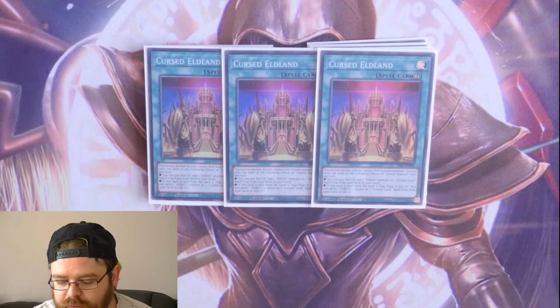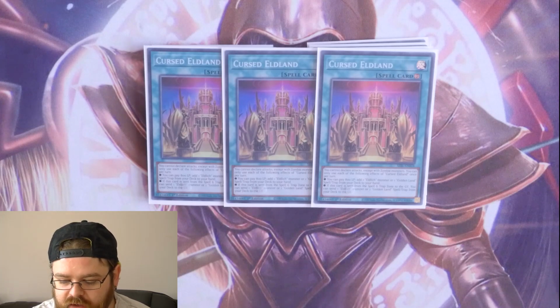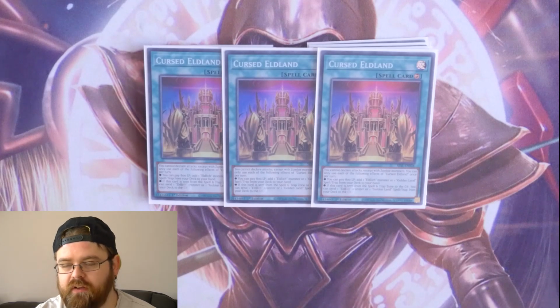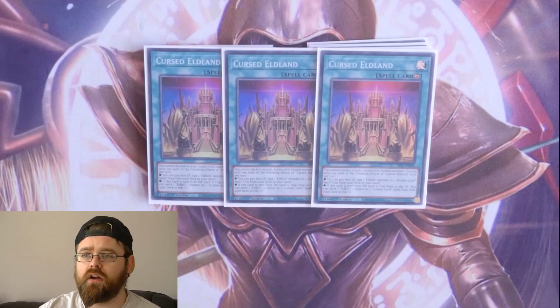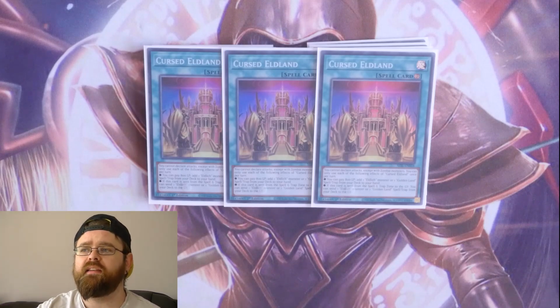You pay 800 life points, add an Eldlich monster or Golden Land spell or trap card from your deck to your hand. If this card is sent from the spell and trap card zone to the graveyard, you can send 1 Eldlich monster or Golden Land spell or trap card from your deck. So it allows you to search out your Golden Lord, which then in itself is a